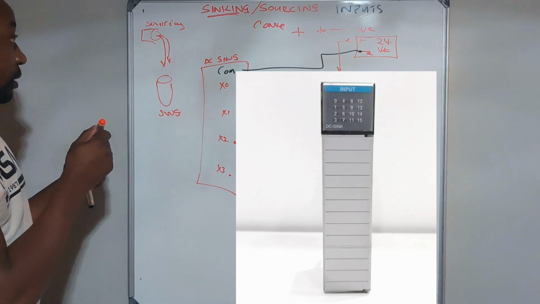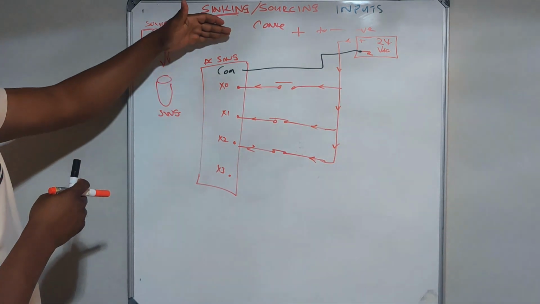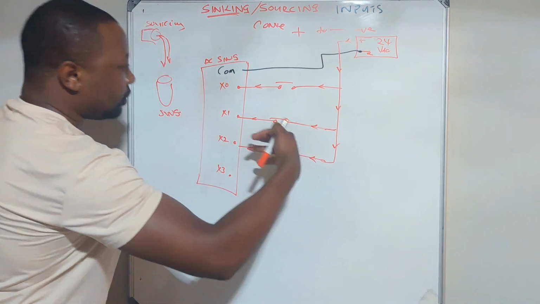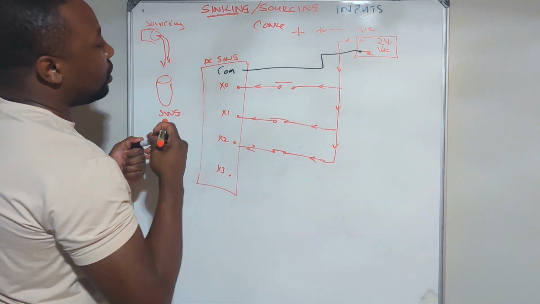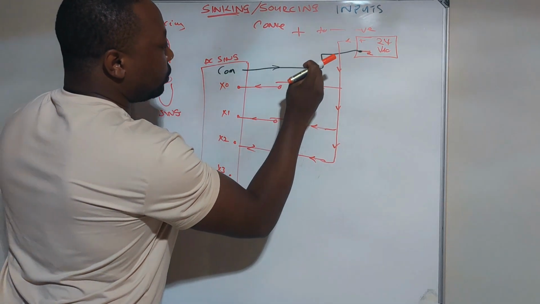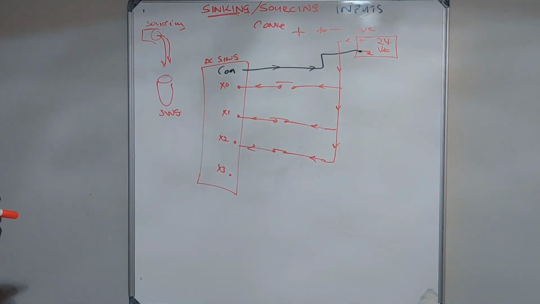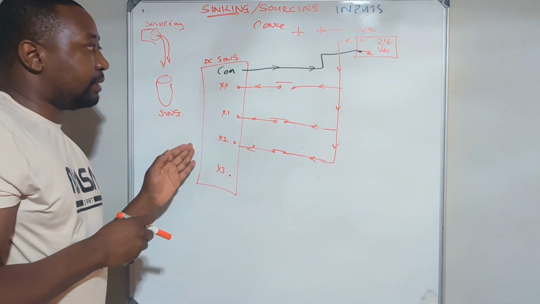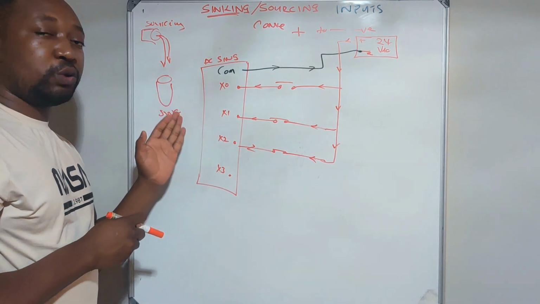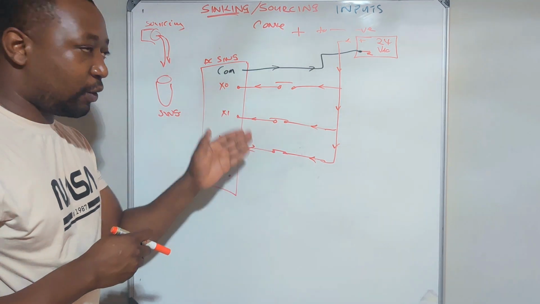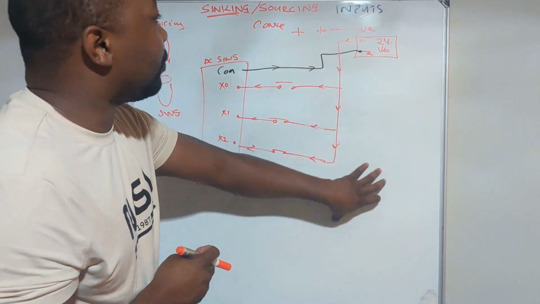So what we mean here is if your current comes in, it goes into the card and then it goes out, back to the source at the negative terminal. That's how you wire a DC sync, a syncing module card. Okay, this is how you wire. I'm not talking about sensors like PNP now, we're just talking about digital dry contacts, open close. This is how you wire your